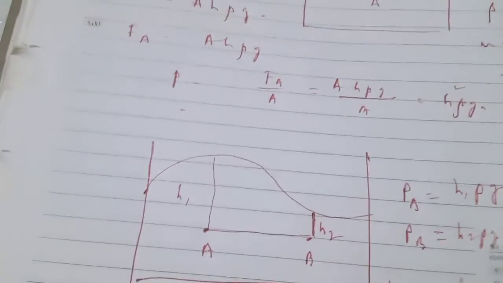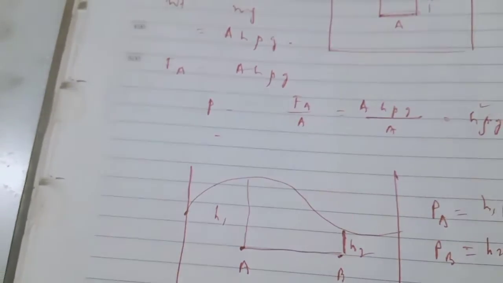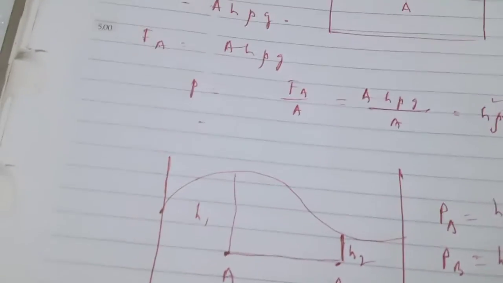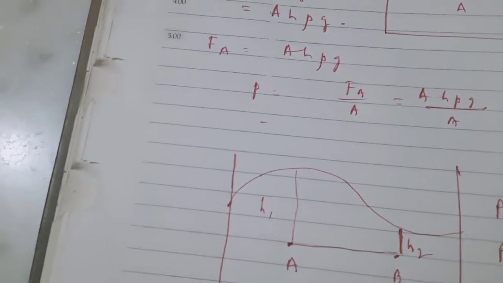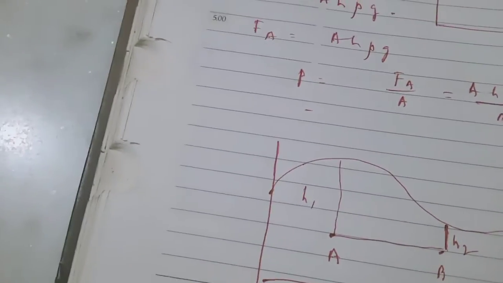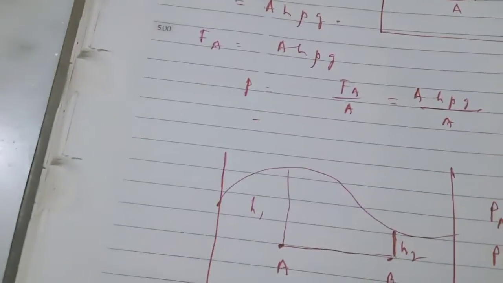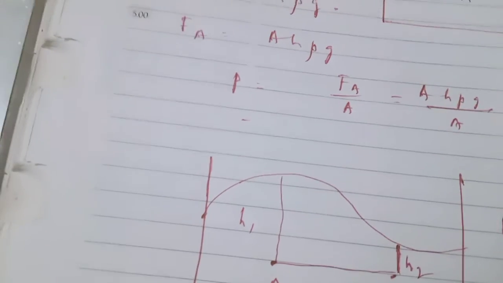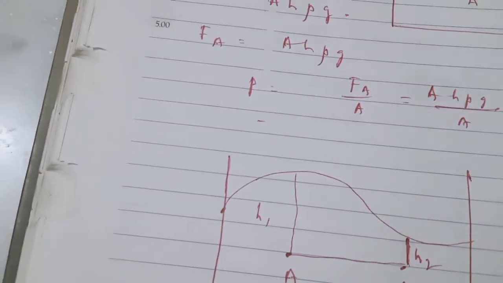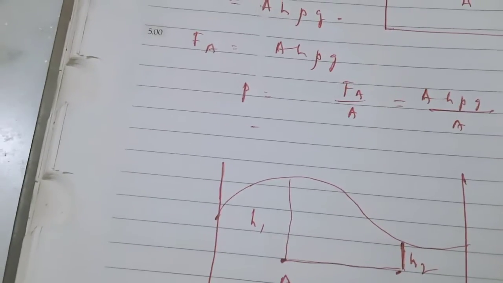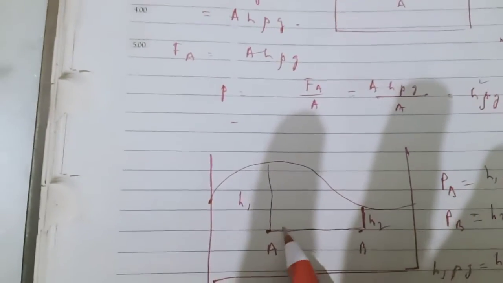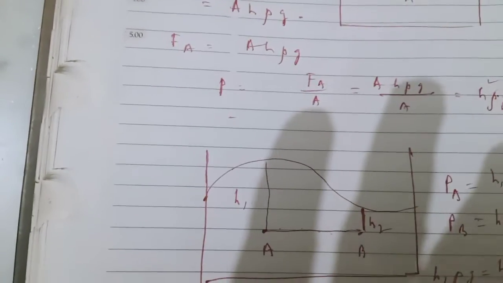Only then h1 and h2 will be equal, which proves that the free surface of a liquid which is at rest remains always horizontal. And another point, the third point, is that the free surface of a liquid at rest in connected vessels remains always in the same horizontal plane. So the free surface of a liquid at rest is horizontal, and in communicating vessels, liquid stands at the same level. Now if a surface is immersed horizontally inside a liquid, then the pressure at each point of it will be the same. So pressure at every point here will be the same if the liquid is at rest.